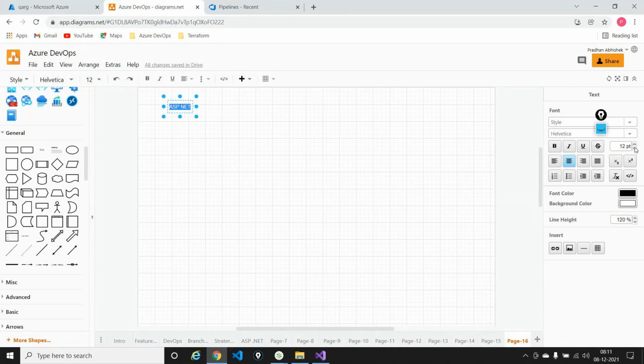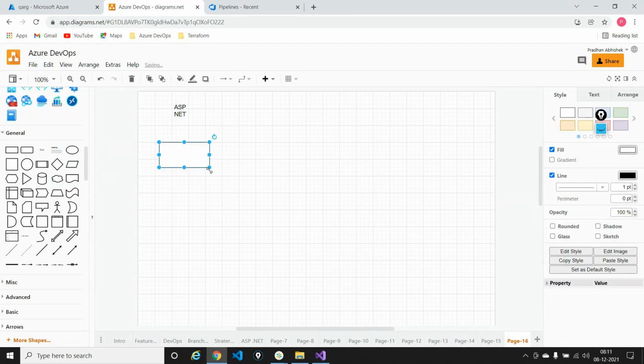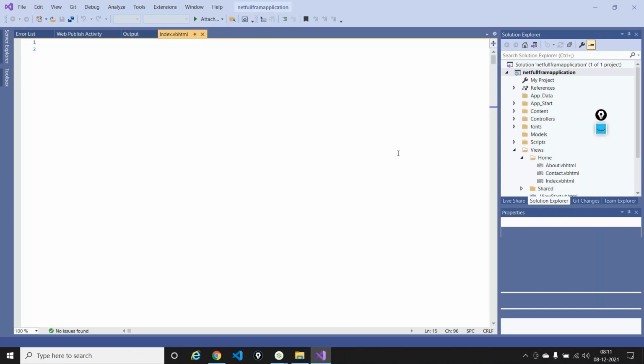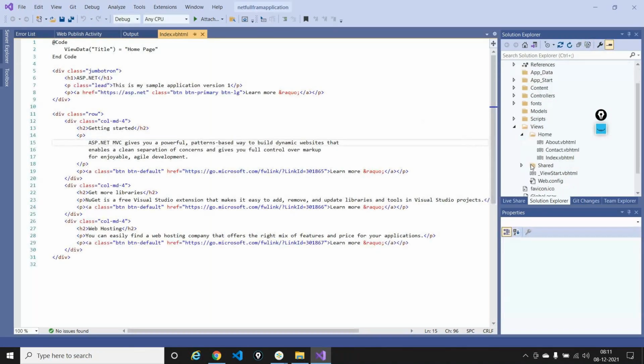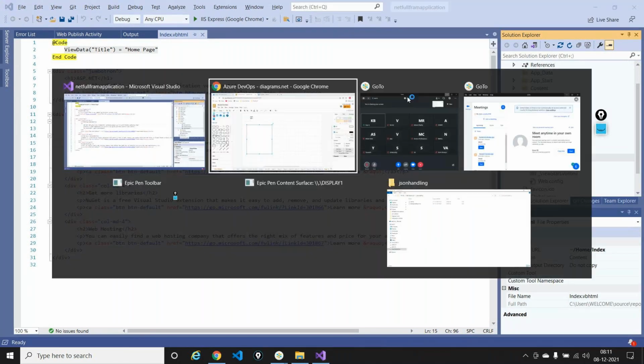Let's increase the font size so that everyone can see this. Great. So now what I'm telling is that, let's say a developer writes a code for this particular application. Let's wait for this to load. This is the actual code. All this index.html, everything is the actual code. Now I am telling that this actual code